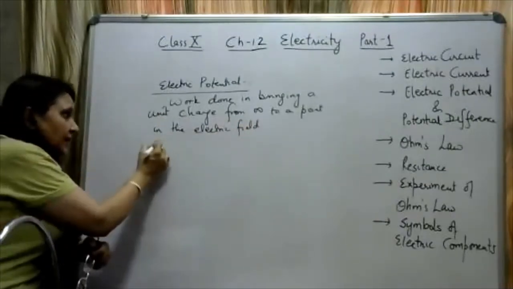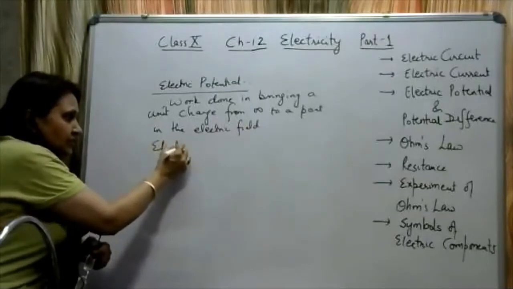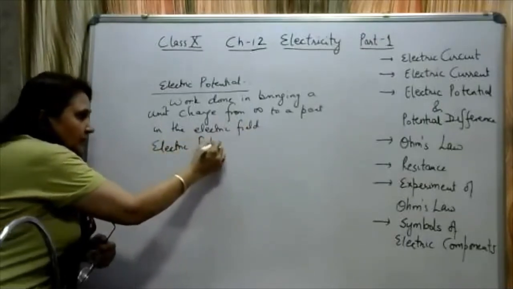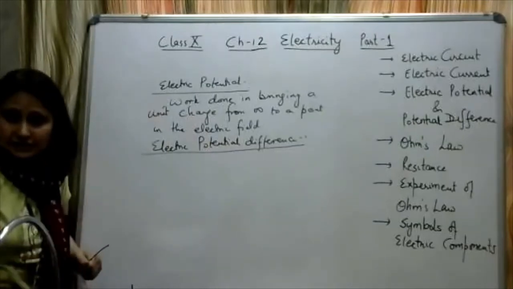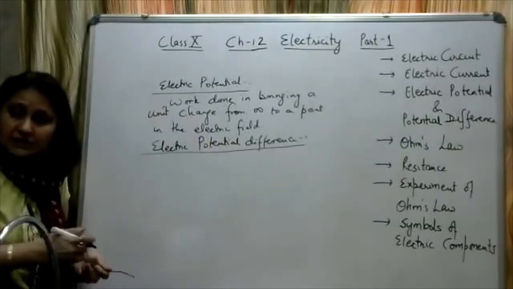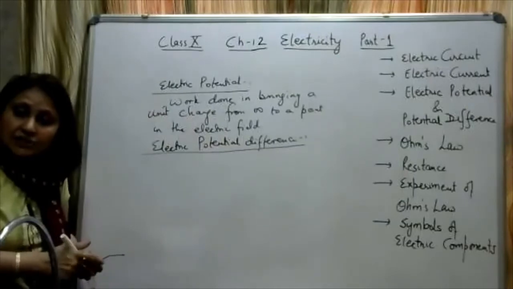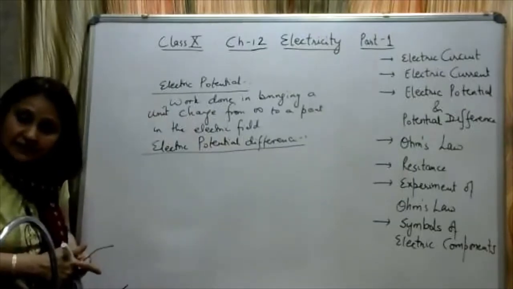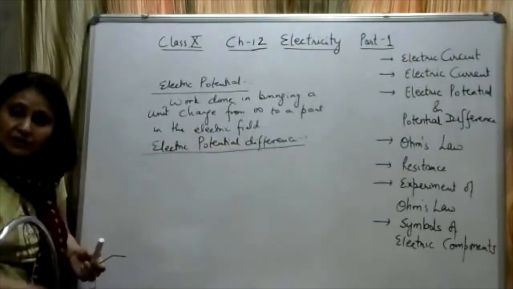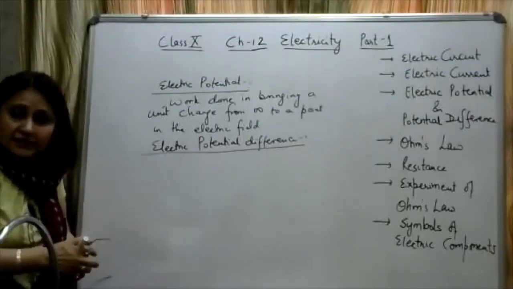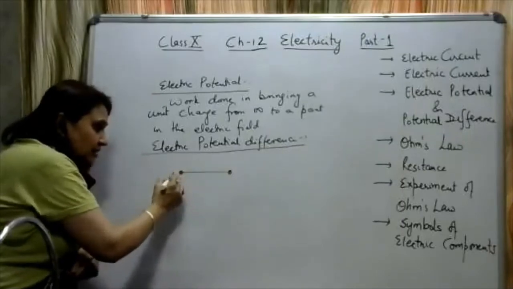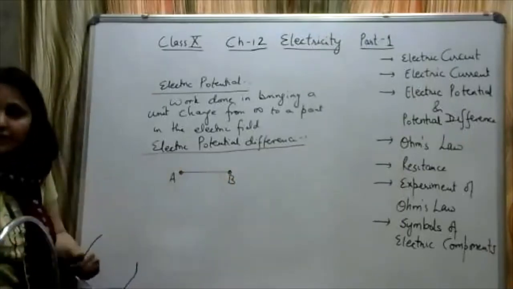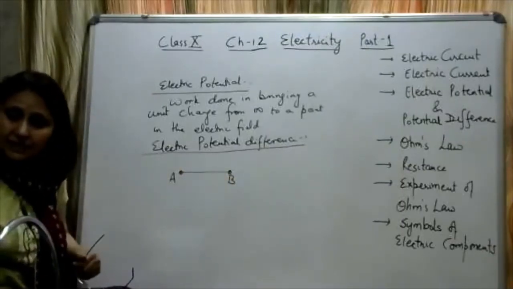Whereas the electric potential difference, we will define it in an electrical circuit. In an electrical circuit, the current is continuously flowing. That is why we define the electric circuit as the closed and continuous path of electric current. Let there be a wire connected in an electrical circuit. Let this wire be made up of any conducting material. Let the wire be AB.